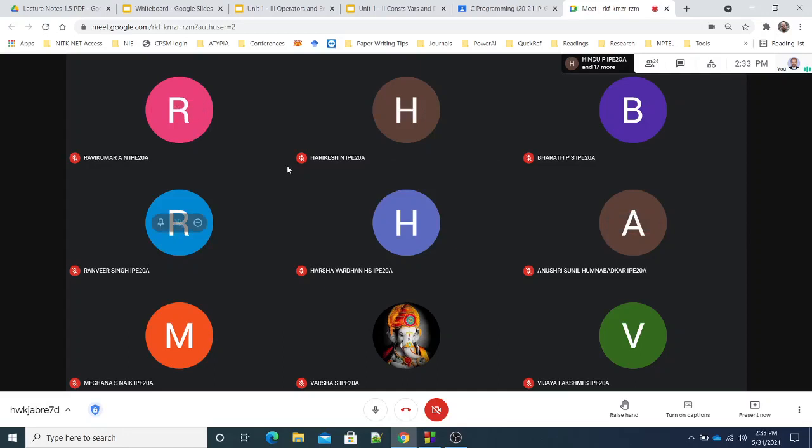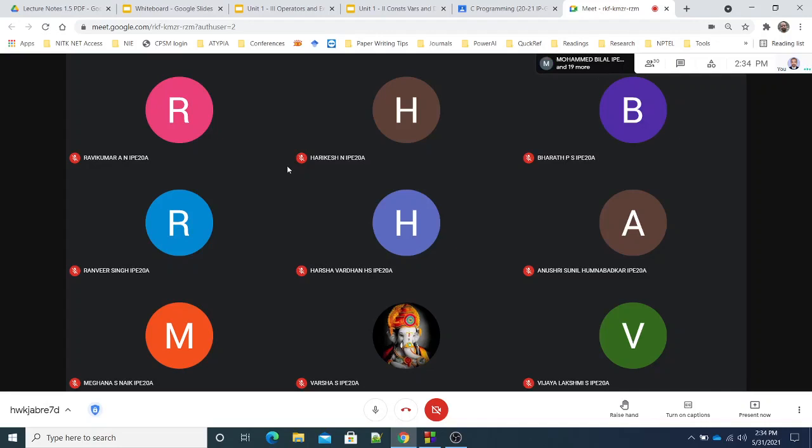In the last class, we were discussing different theoretical concepts in C: keywords, variables, data types, tokens, and the character set of C. Data types we saw in detail. There are 5 primary data types: integer, character, float, double, and void. Except void, all the other four data types are used for creating variables. Then variables are used for